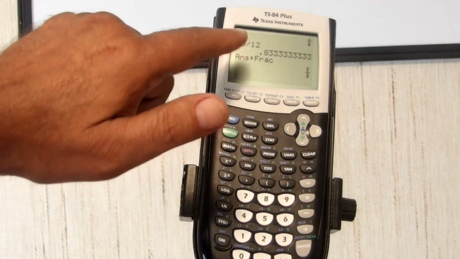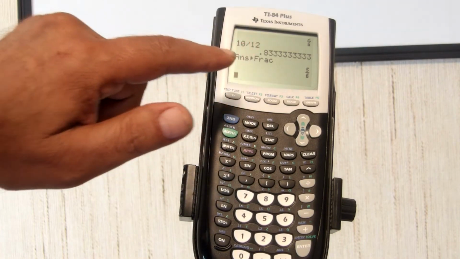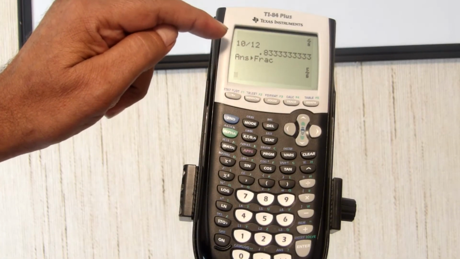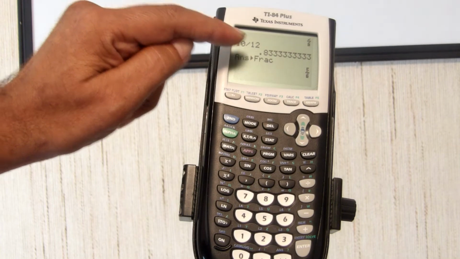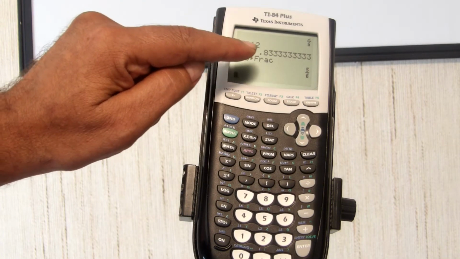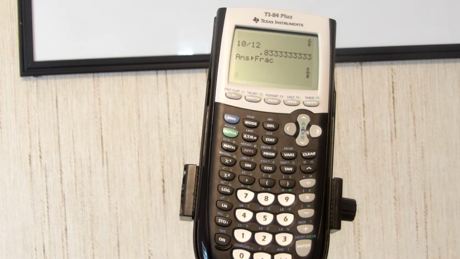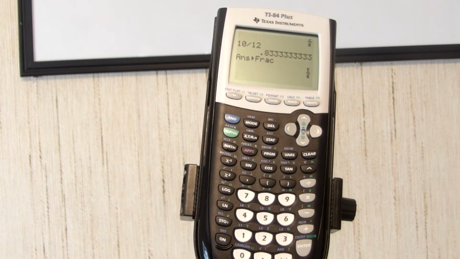So actually what happened, the system divides the numerator by 2 and the denominator by 2. If you divide 10 by 2, it's going to be 5, and divide 12 by 2 is going to be 6. So the answer is going to be 5 over 6. So